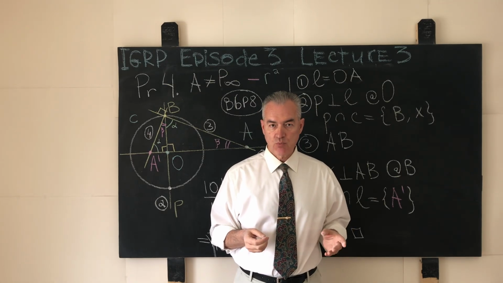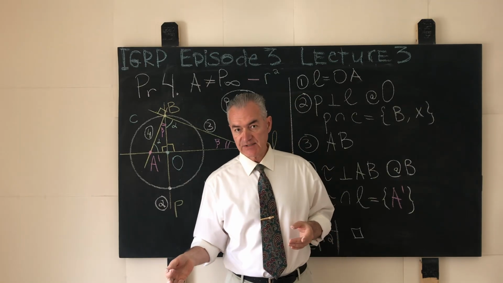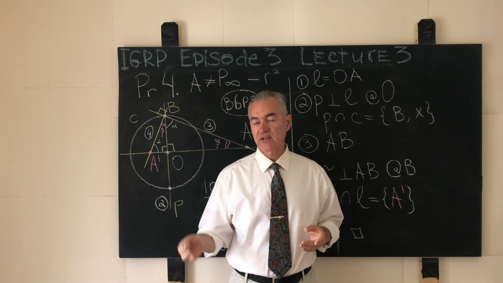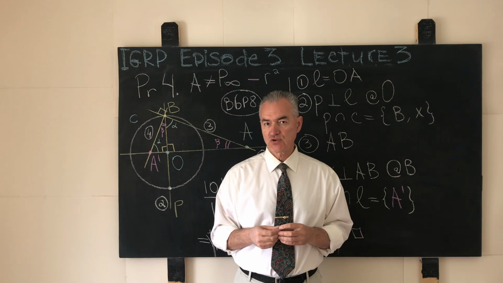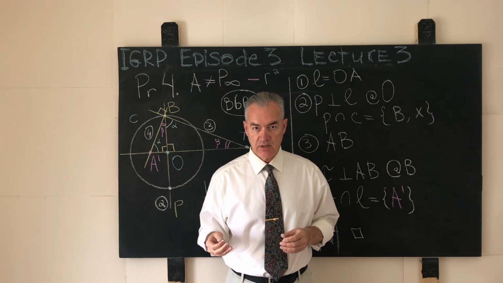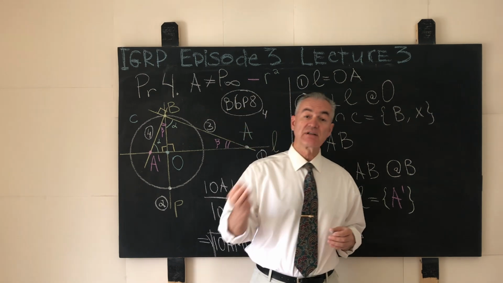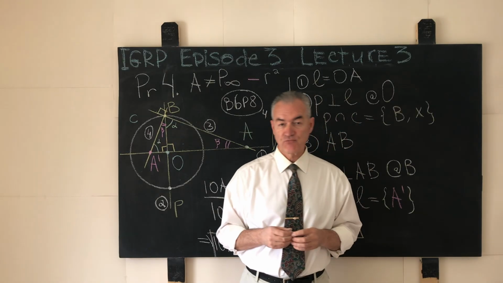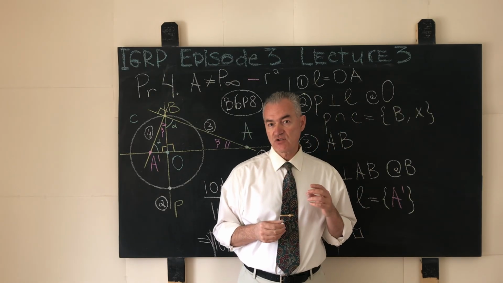When the pre-image point is located strictly inside the circle of inversion, we construct the tangent to that circle last, but when the pre-image point is located strictly outside of the circle of inversion, then we construct the tangent